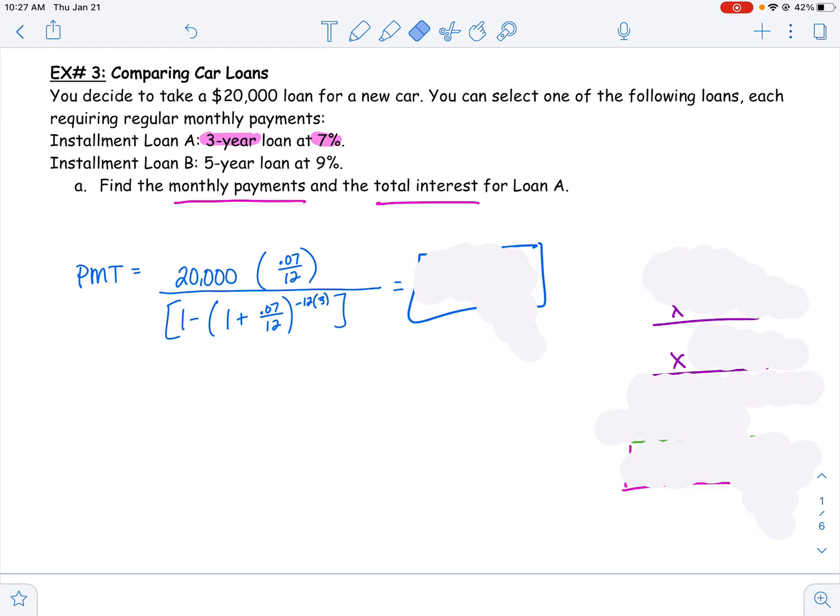At this point, we have to put this in our calculator. Now, here's the tricky part. All of our calculators might be a little bit different. So it's really important that you take the time right now to understand how to put it in your calculator correctly, so that when it comes to test day, you know how to input it correctly and you get the right answer. So I'll show you a couple different calculators that I have. One is a scientific calculator I borrowed from my daughter, and then another one is a graphing calculator. So here we go. Let's go ahead and put this into our